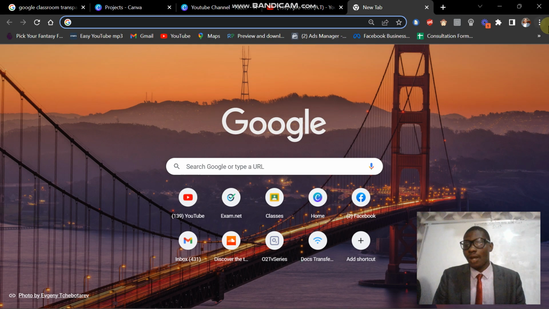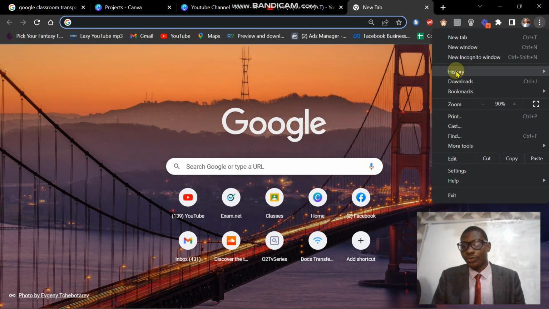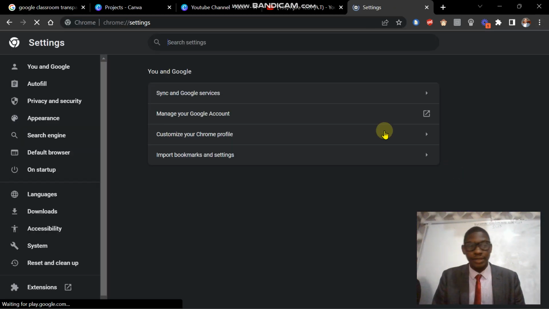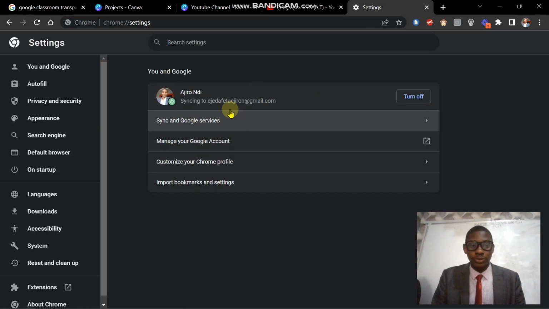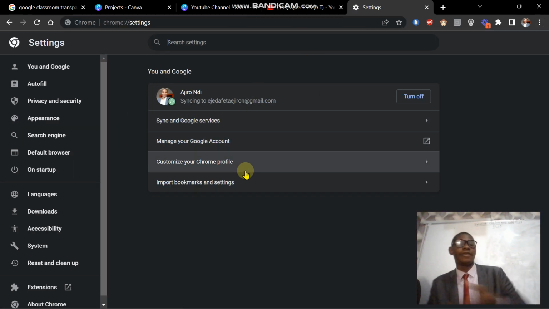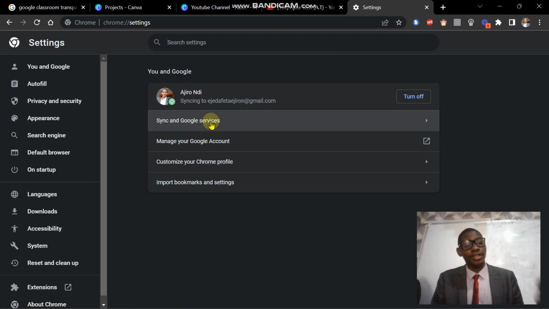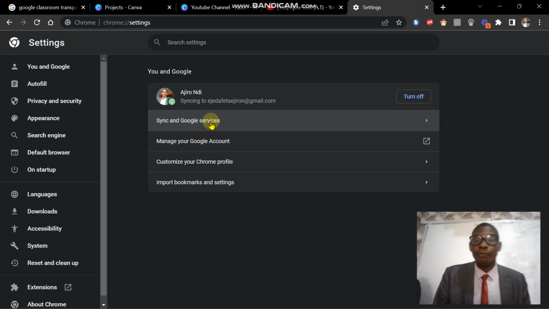you want to probably sync it. So you can come to your settings. You have to sign in, obviously, and then you can do the syncing to whatever email you're using on your phone or the likes of that. And you can also sync your Google services. You can run a lot of add-ons, right? And